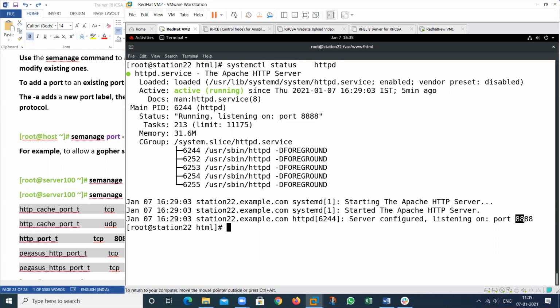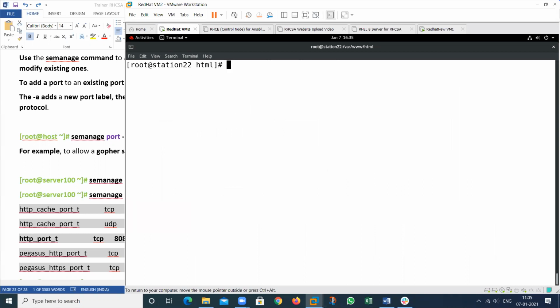That is not allowed in the firewall. In the firewall, no service will be allowed by default. Only one service is allowed, that is SSH. Only the SSH service is by default allowed in the firewall. No other service can work because the firewall will restrict you. So see, that is my next topic, that is firewall.